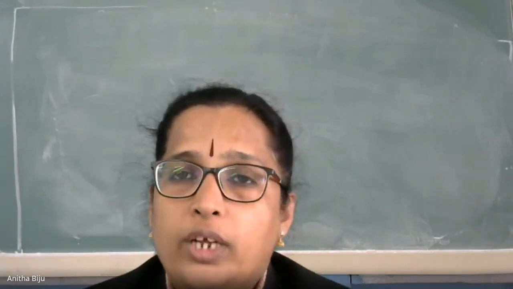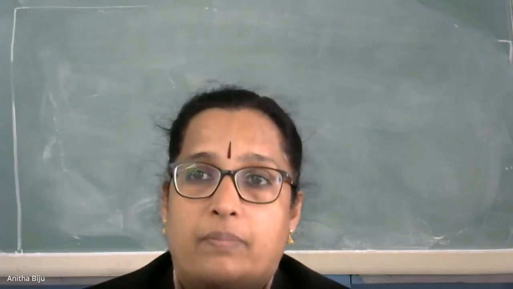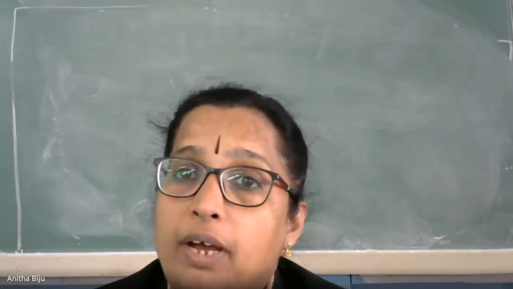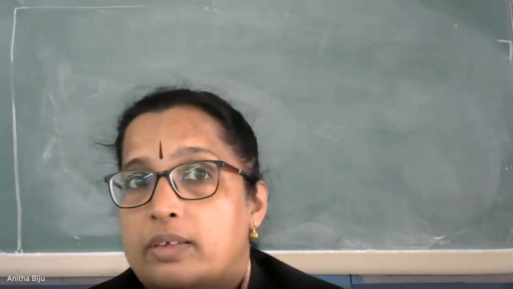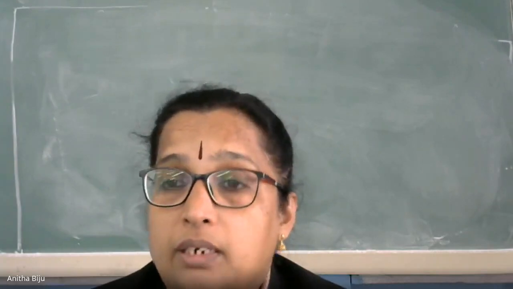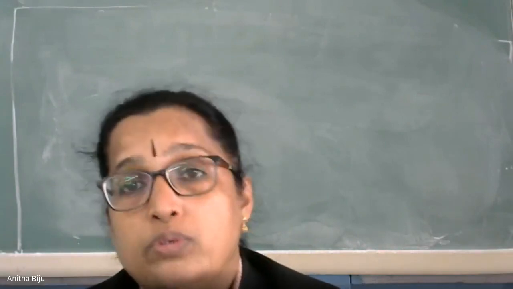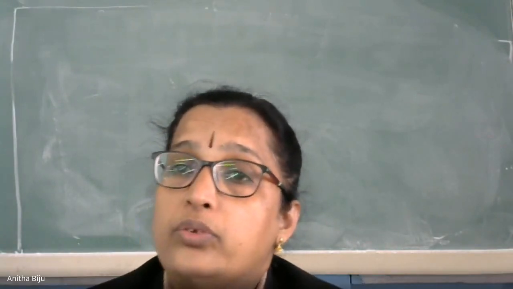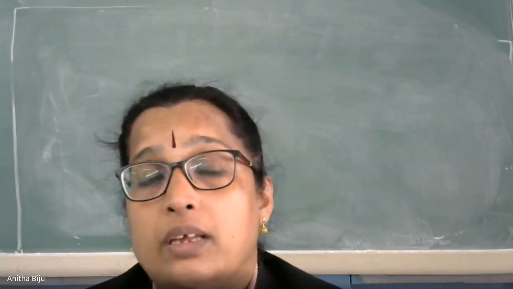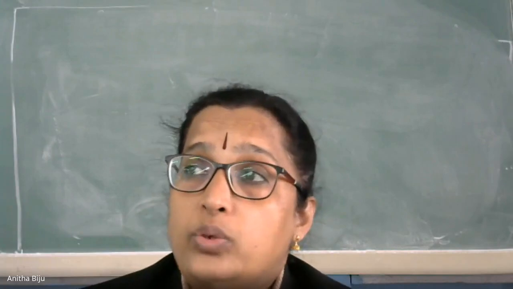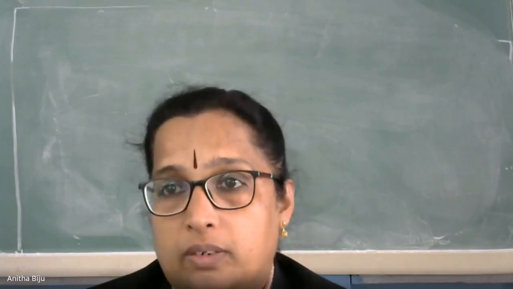Now let us see what are the uses of convex lens. First of all, convex lens is used in a magnifying glass that you have seen in our junior science lab. Magnifying glasses are there, and it is also used for making microscope. And the most important use is it is also used for correcting eyes that have a vision problem. You can't see the nearby objects.